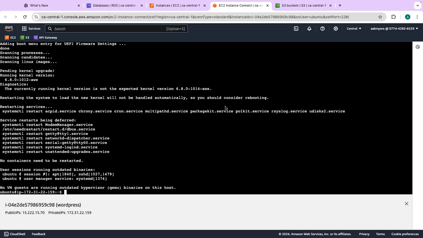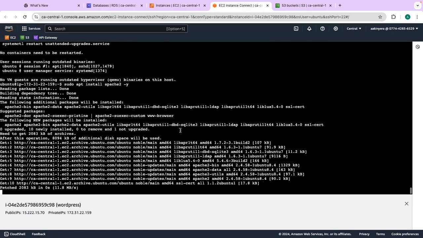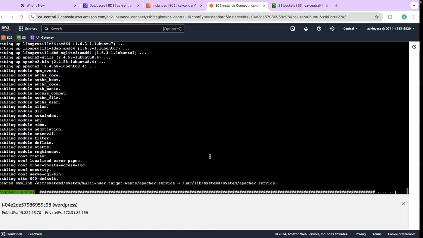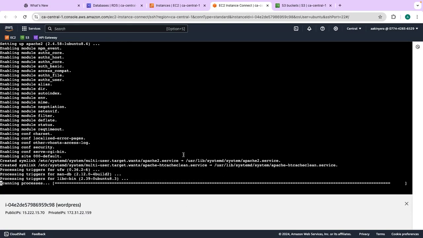The installation, the upgrade is done. Then I can copy the next command, which is to install Apache 2. This shouldn't take so much time. So I'll copy that and paste here. And then while I go ahead and copy this as I prepare to